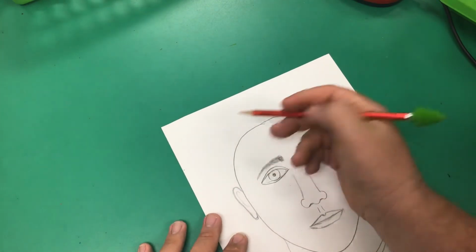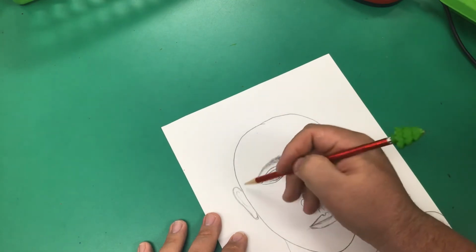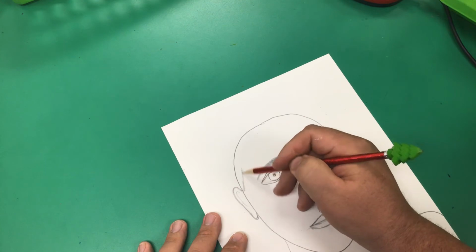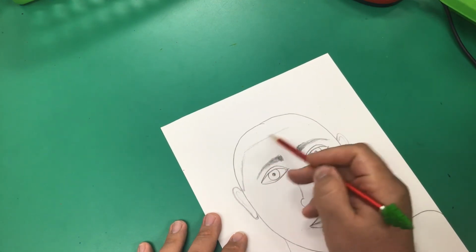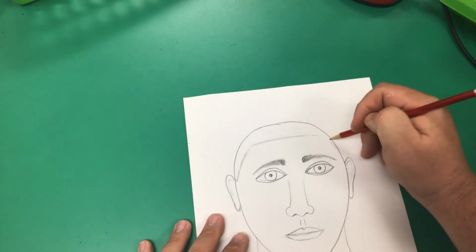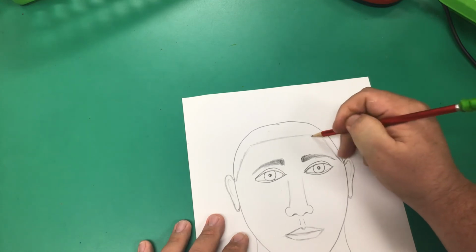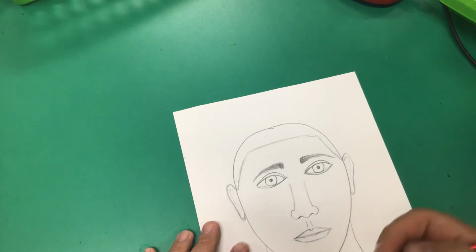Anyway, so hair. Even if you have your head shaved, usually you can still see your hairline. Now your hairline starts around your ears and it goes up. And then it goes across. And then it goes back down to the other side to the ear. So even if you have your hair shaved, you still tend to have a hairline where you can see where